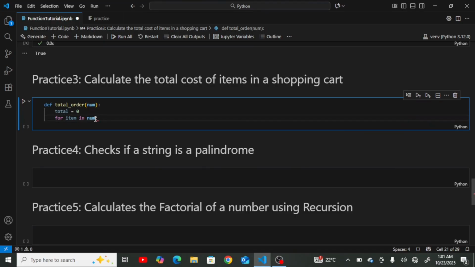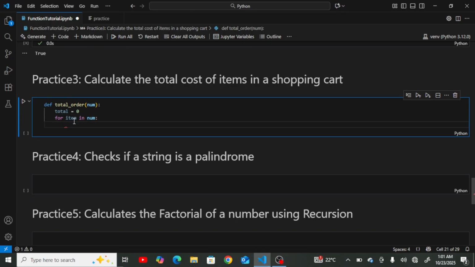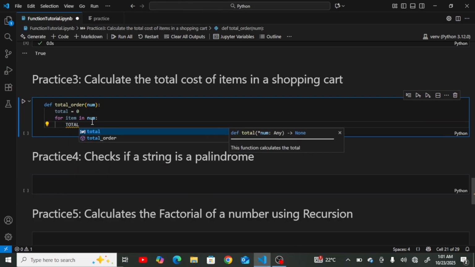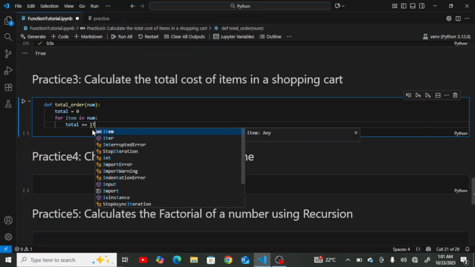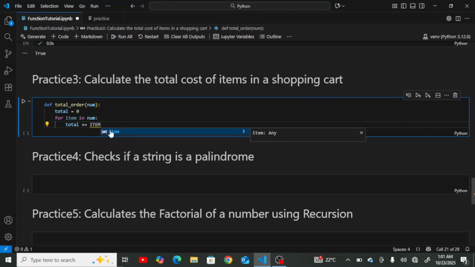I'll explain that. So for item in num, now total will be added over and over, and then what I want you to calculate is that item,